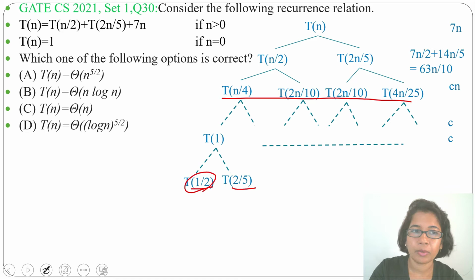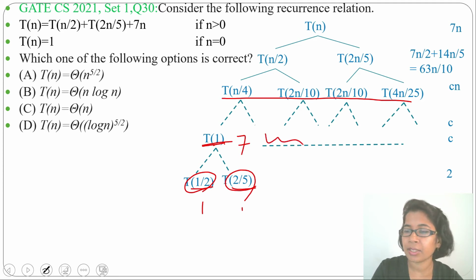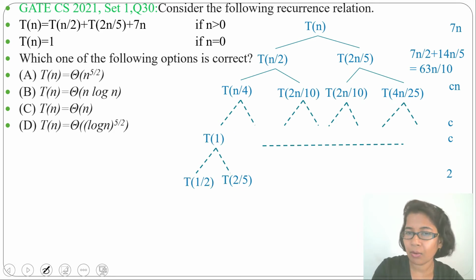Now for this, time will be 1. For this, time will be 1. So here time will be 2. Now at this level, here it is 1. So 1 multiplication 7 will be 7. And here are some leaves. So for that we can multiply with 7. Just consider this as some constant. Now understand this tree. Here at each level time is not the same. Initially time is constant multiplied by n. At the leaf level, at the lower level, time is some constant. Here it is 2. Here it is some constant. Here in the middle it is some constant.